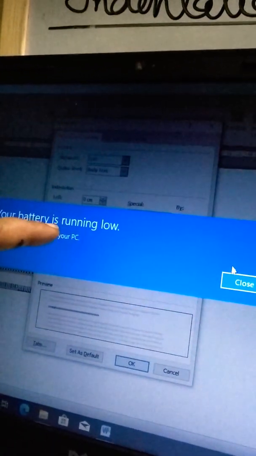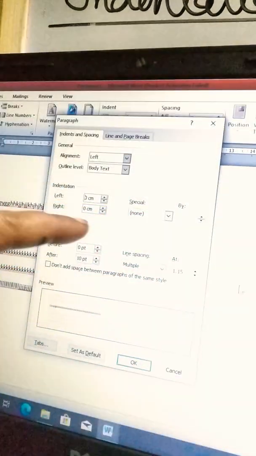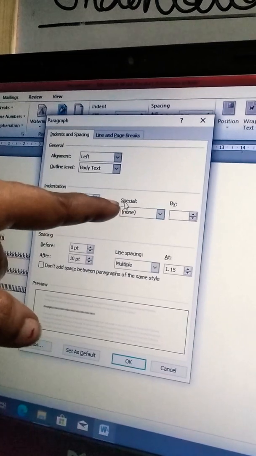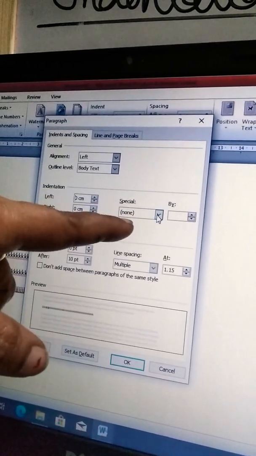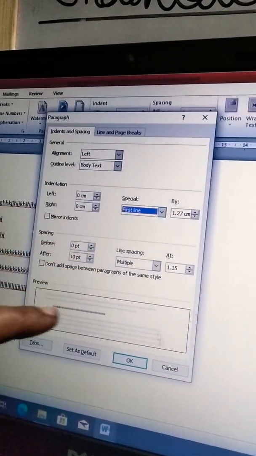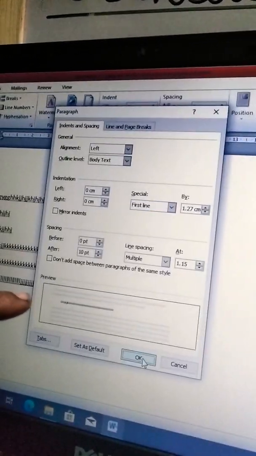Okay, children. Now from the special menu, here you can select the first line or hanging indentation, and then click the OK button.